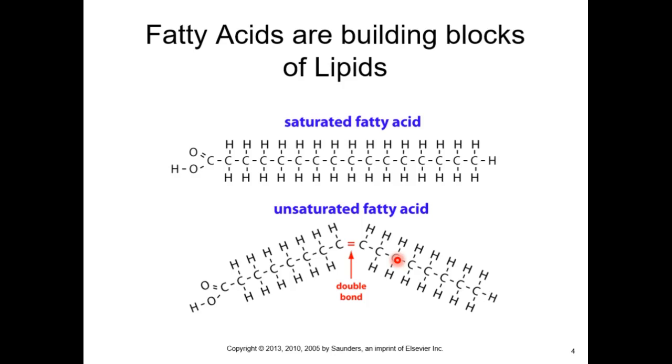And then you have cis and trans fats, which is another buzzword. All that means is cis means same, trans means across. Cis means same side. So this hydrogen is on the same side of the double bond. That double bond means it can't rotate. That means this is a cis fat. If that hydrogen was down here, it would be a trans fat.